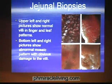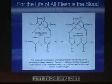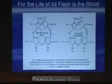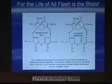Here are the jejunal biopsies, the upper left and right pictures showing normal villi in finger and leaf patterns, the bottom left and right pictures showing abnormal mosaic patterns with obvious damage to the villi. You cannot make healthy blood without health in this part of the body. As we look at the molecular structure of the red blood cell and then at that food which is much like our own blood, the blood of plants, particularly the chlorophyll molecule, we'll see that these molecules are identical. As I increase the green food,